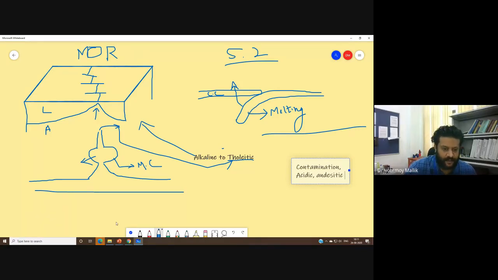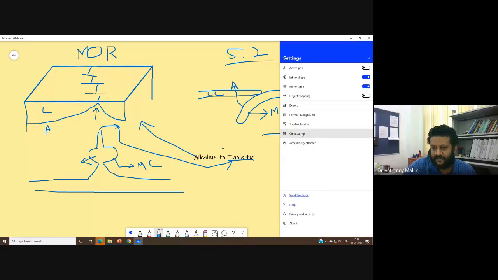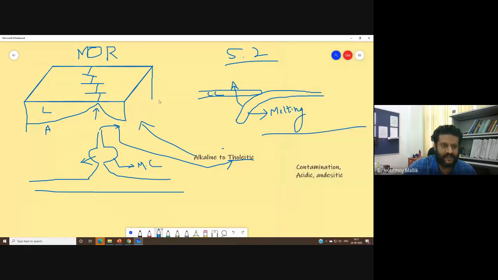Okay? Now, if we try to compare the earthquake scenario, before clearing this, the type of earthquakes that we observe in mid-oceanic ridge is generally extensional, because there is some sort of extension going on. So the earthquakes related to mid-oceanic ridge are generally extensional earthquakes. Okay?